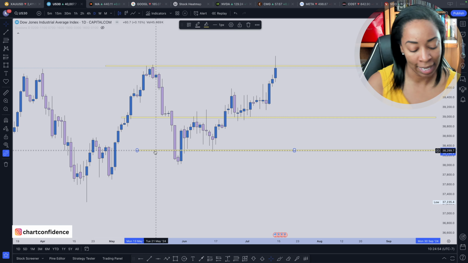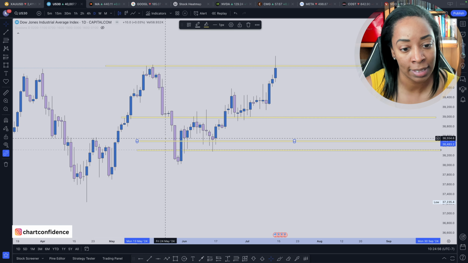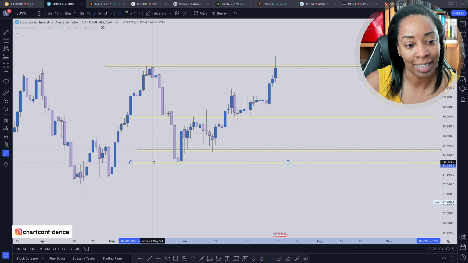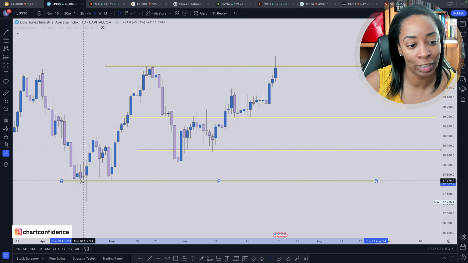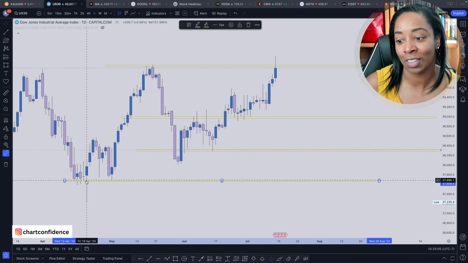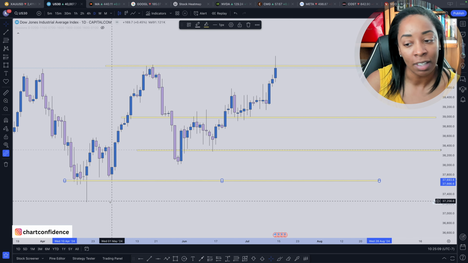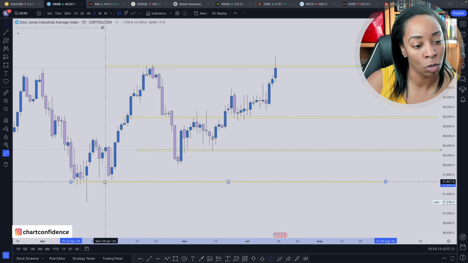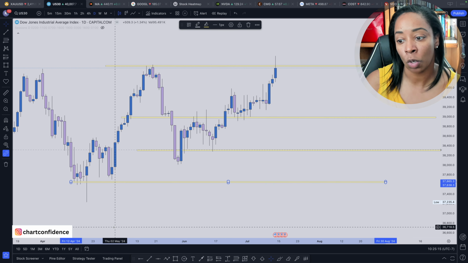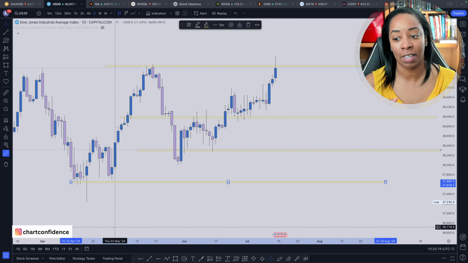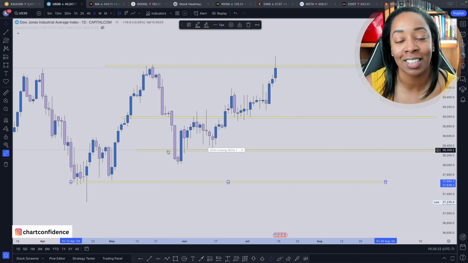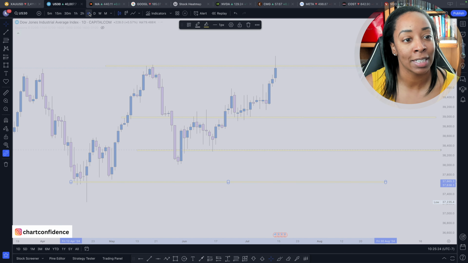However, I do want to add another level here on the daily time frame, and I want to move it right here at 37,000, roughly 680 kind of zone. So actually, let me move this down just a little bit more because we do have a lot of wicks here. So now this is sitting at 37,665. So we're going to probably adjust it when we go down to the H4,